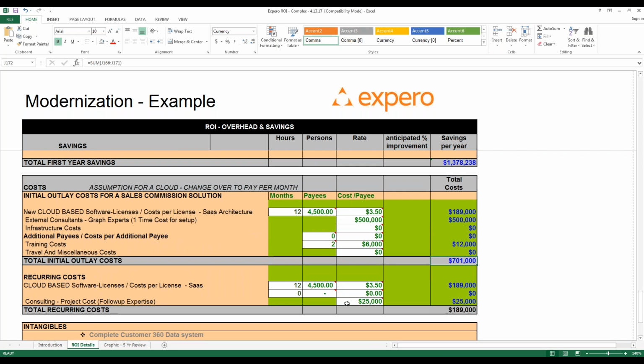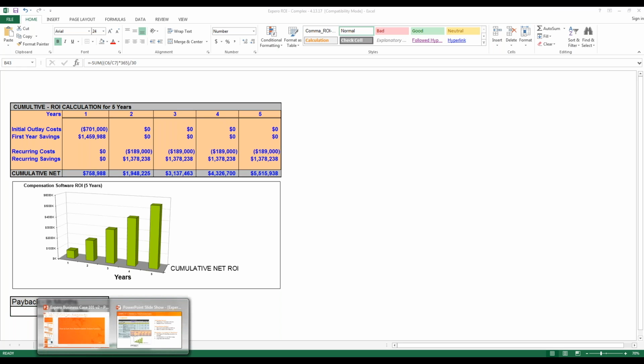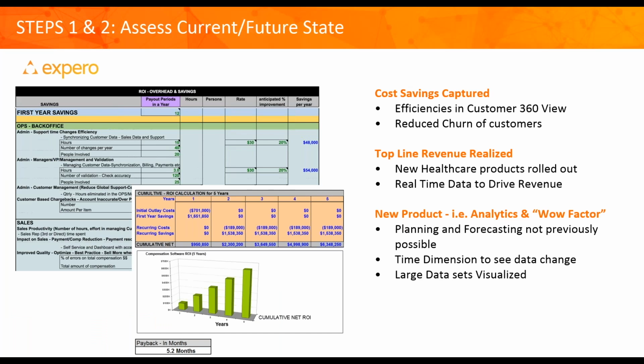Okay. And then if there's any recurring costs, all of this is ultimately trying to get me to the calculation for what my first year calculation is. In this case, I'm saving approximately $758,000, and then cumulatively over the next couple of years, it starts to grow exponentially. Down here in the bottom is where I talk about what my quick payback is in months. And again, this is part of my business case.